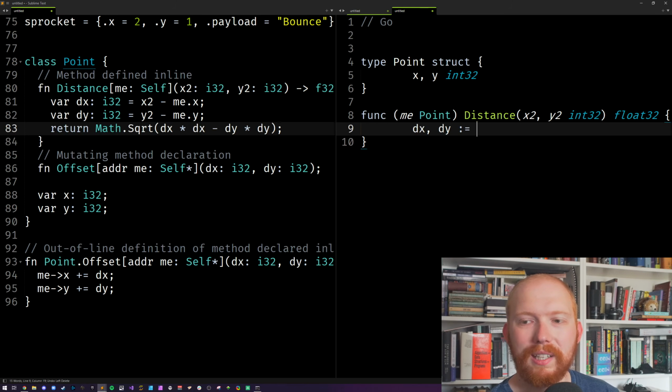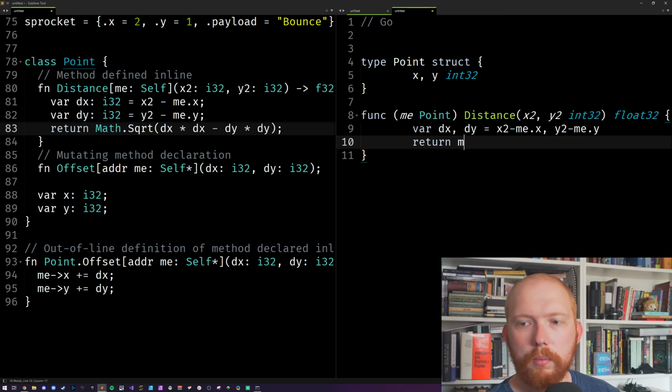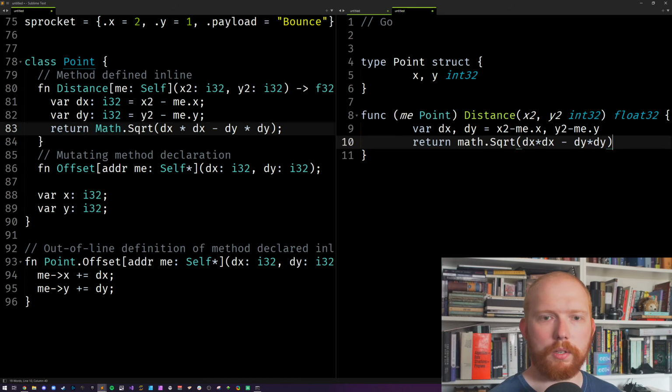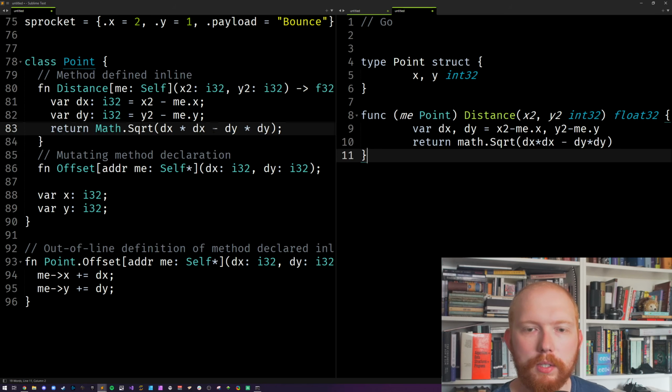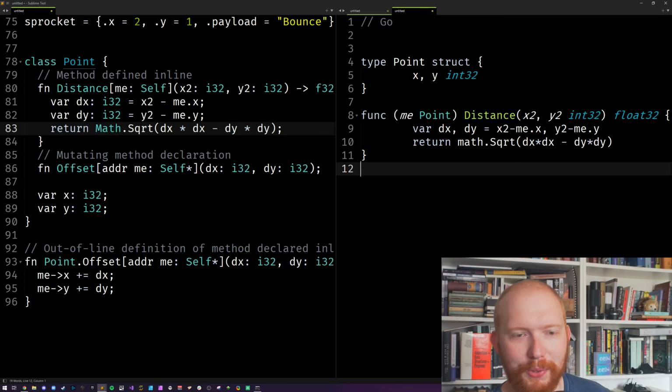Let's use var to make it a little bit closer. x2 minus me.x, and then y2 minus me.y, and then we could do math.Sqrt of dx times dx minus dy times dy. Interestingly, that's how they're doing distance. I would have thought that's a plus, but whatever. That seems like it's a typo, but we'll just copy the code.